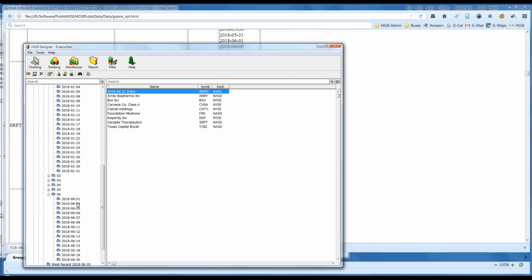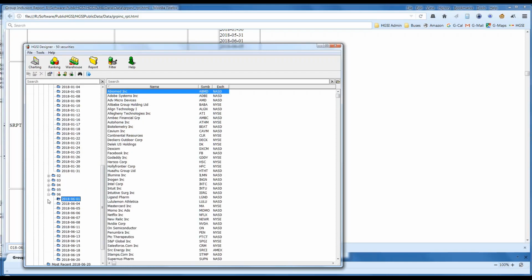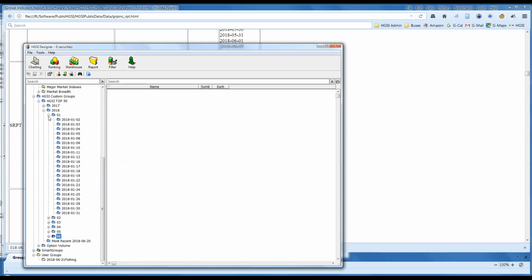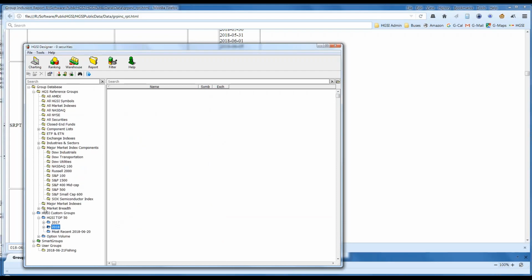And so each day we've collected these groups for every day of the week that the stock market's open. We collected these groups, but you can also do the same thing for your own trading system. And so you end up with a kind of history of interesting stocks that met my criteria today, and you collect these down here in your user groups, and then you can use the group inclusion report